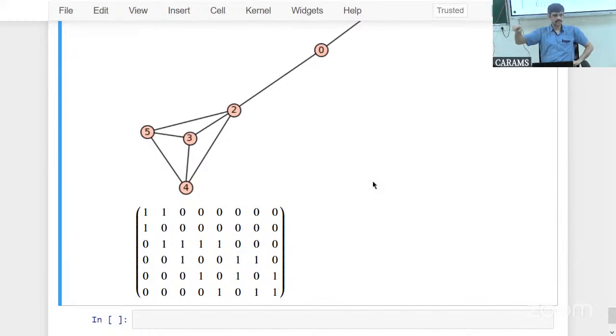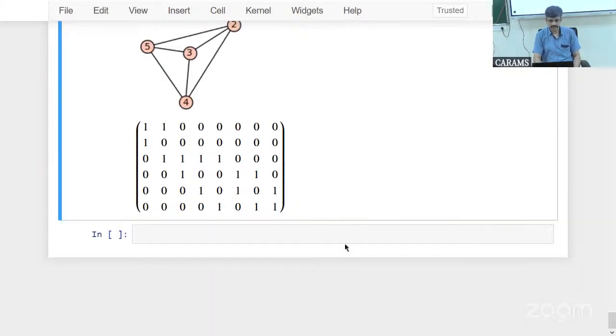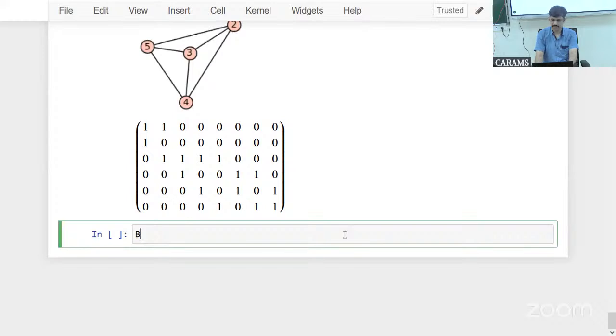How many columns are there? Number of edges. So if you take the sum of all the column sums, that is 2 times the number of edges, whereas the sum of all the row sums is the sum of the degrees. The sum of the degrees is obviously equal to twice the number of edges. Right? That proves the handshaking lemma as well. Mathematically, you can even write this. So usually we denote the incidence matrix by B. Okay. So mathematically, if you multiply B,